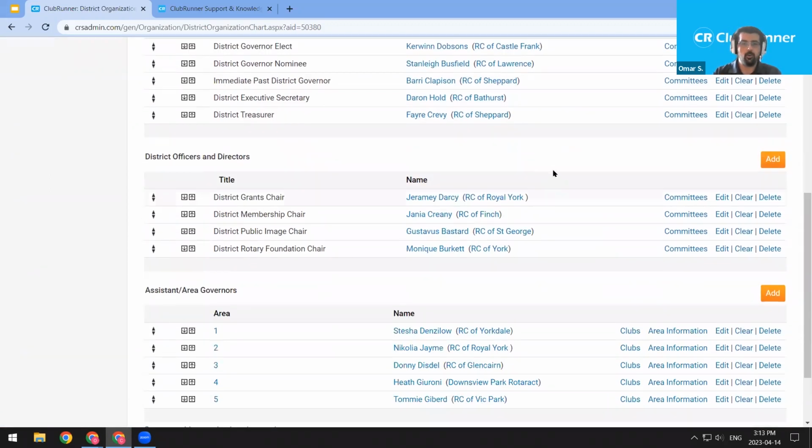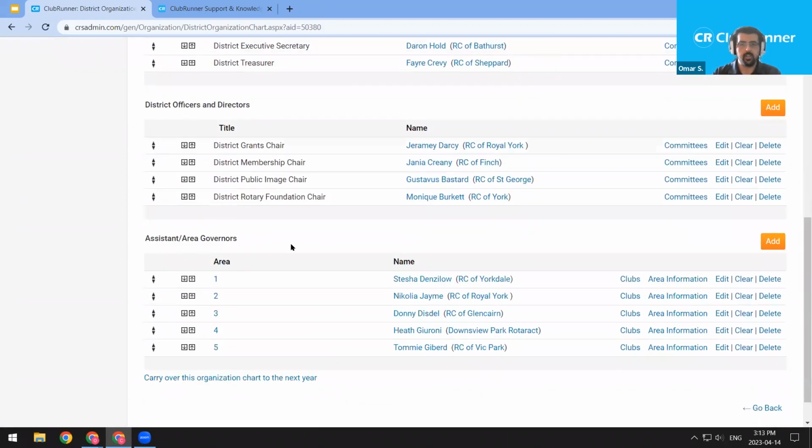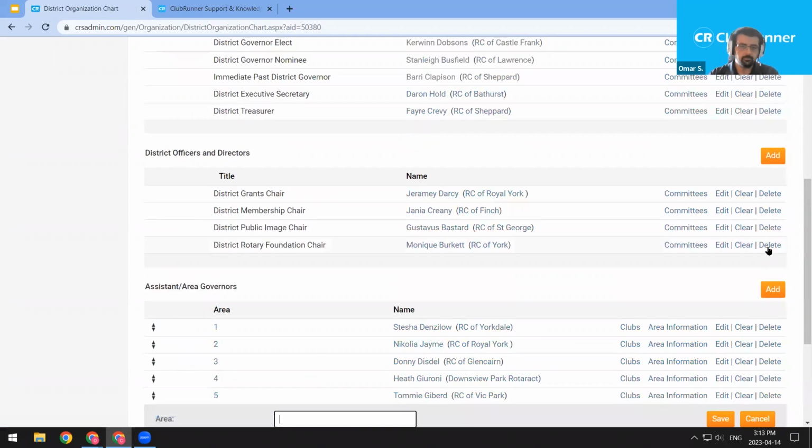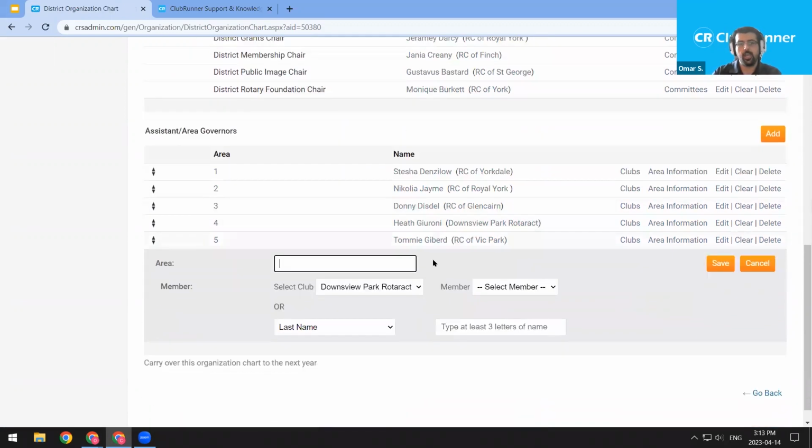Let's go ahead and create our own area. I'm scrolling to the bottom, assistant area and governor section, and then I'm going to click this orange add button to add a new area governor. As soon as I click that orange add button, we get this form where I can enter in the